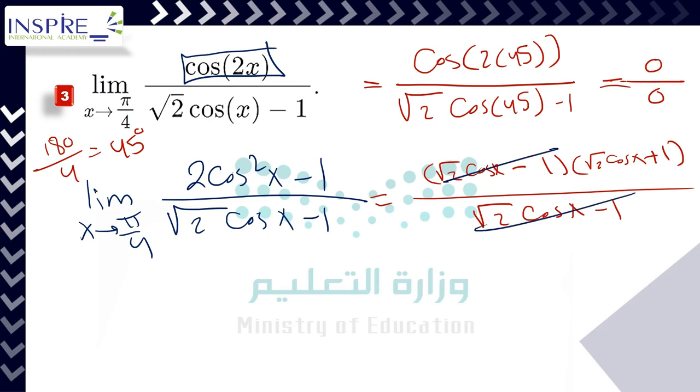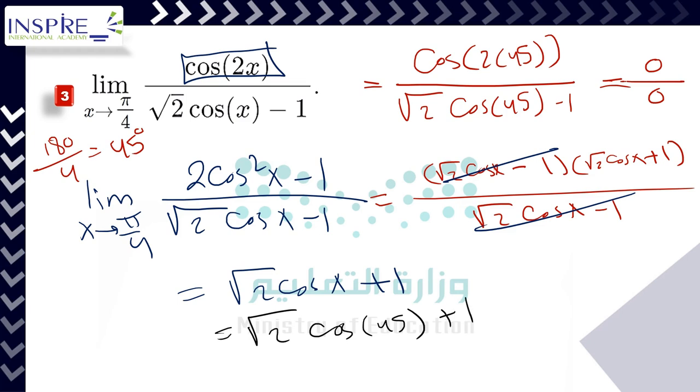Cancel, and you'll come up with root 2 cosine x plus 1. You will just plug in pi over 4 for x, or 45. We will use 45 because we set up our calculator to be in degrees. It will be root 2 cosine 45 plus 1, which is equal to 2. Okay,